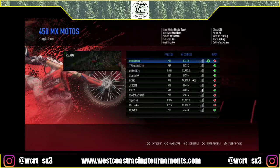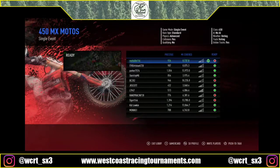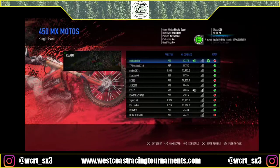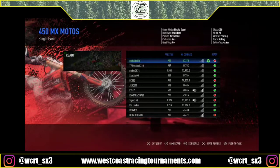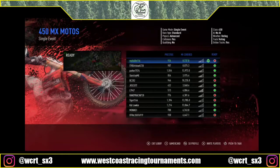Alright, so that's your B-main lineup, ATP 20. I do appreciate you doing that. It is a realistic race length of the advanced physics, doing 2 motos. The track should be in the newest tracks. You should be able to find it there. It is much appreciated. Just send those guys 2 invites each time, and if they don't join after a couple minutes, then I would just run it if there's anybody there. If not,